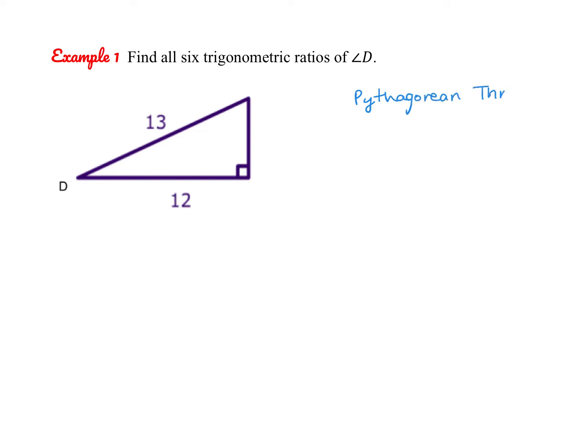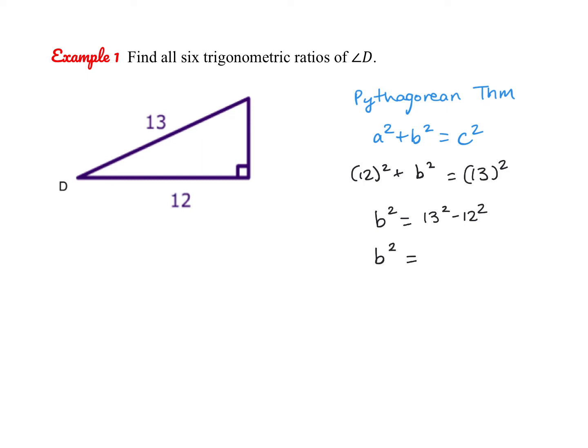So remember, the Pythagorean theorem states that a squared plus b squared equals c squared, where c is our hypotenuse. So we can say 12 squared plus b squared, or you could use whatever variable you want, equals 13 squared. So b squared is going to be 13 squared minus 12 squared. So this is actually what we call a Pythagorean triple, because when we actually solve for it, we get a